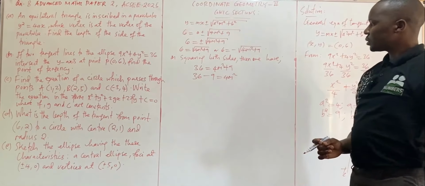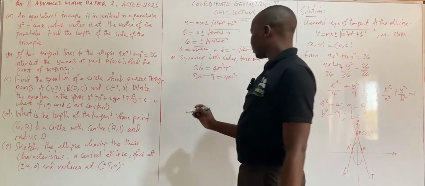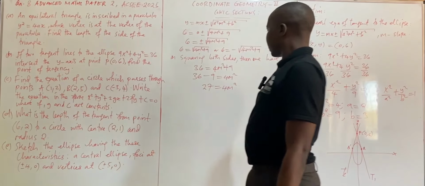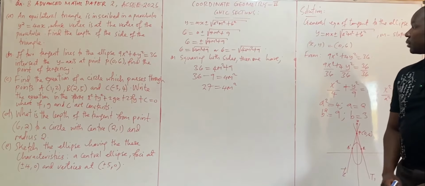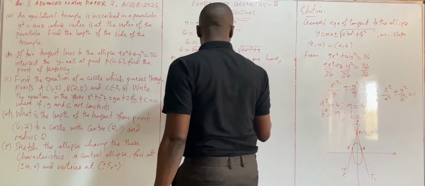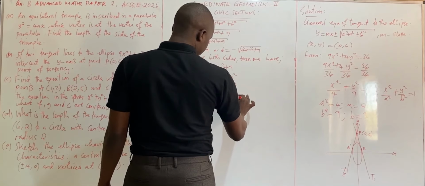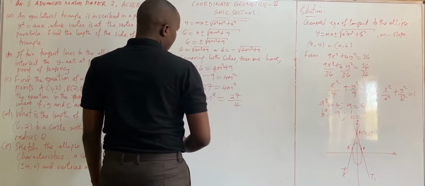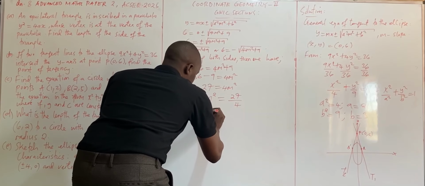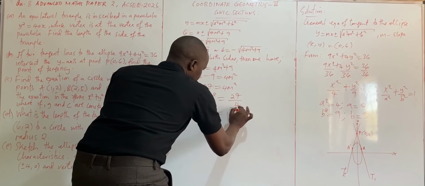So up to that point, now we can operate here and get 27. So here will be 27 equals 4m squared. So from there, we are in need of m. Remember, m, we said it is a slope that we are in need of. So if we divide now by 4 on both sides, we end up getting m squared equals 27 over 4. Now on square rooting both sides,